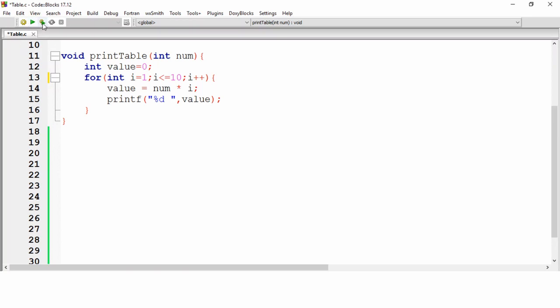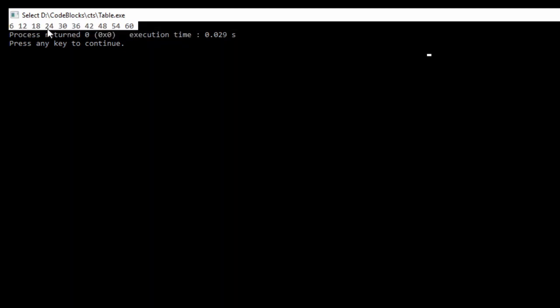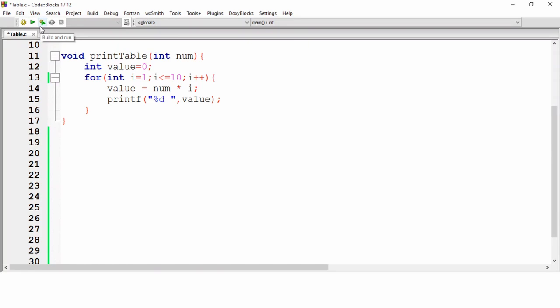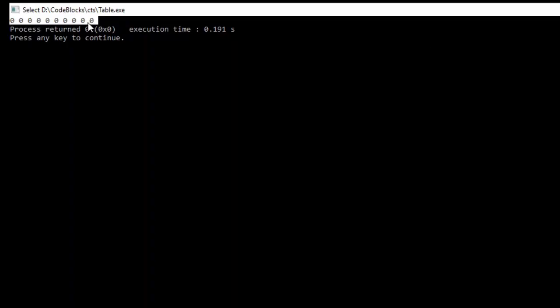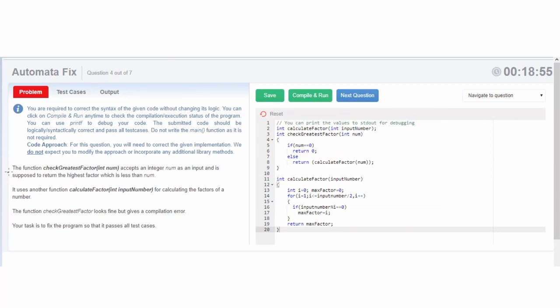So now if I again execute this code, this time as you can see, we are getting the output as 6, 12, 18, 24 up to 60. Similarly, if I execute this code for 0, then you can see we are getting 10 zeros here. So this was the modification that you need to do in this code, and after that you can just move to the next question. Now our next question is, the function check greatest factor accepts an integer number as input